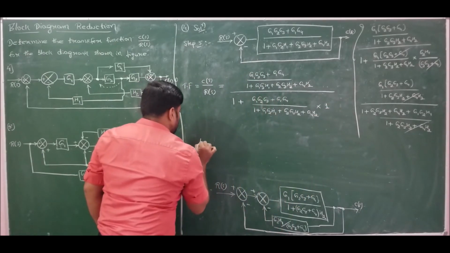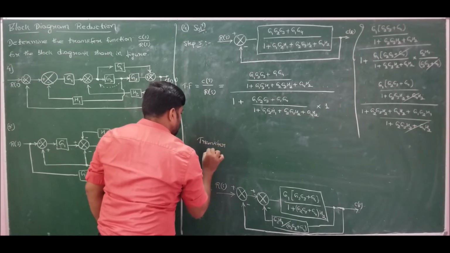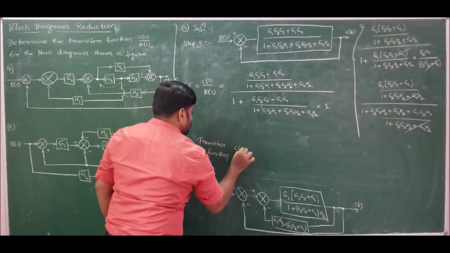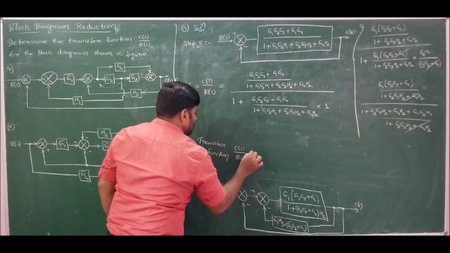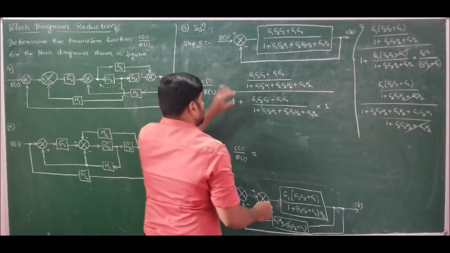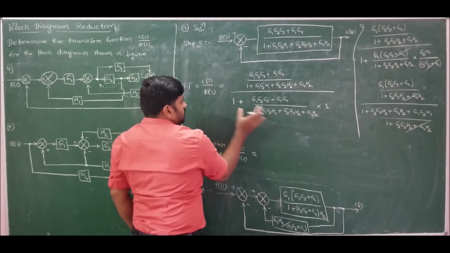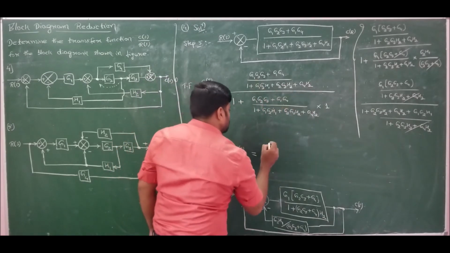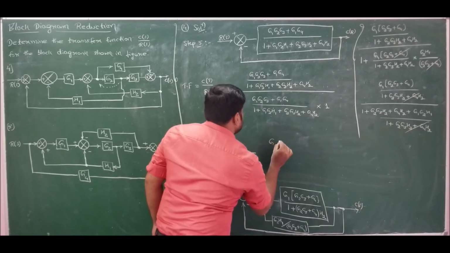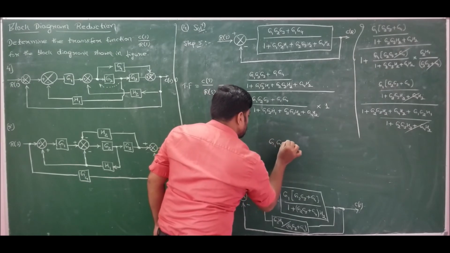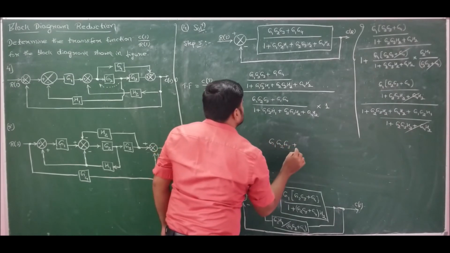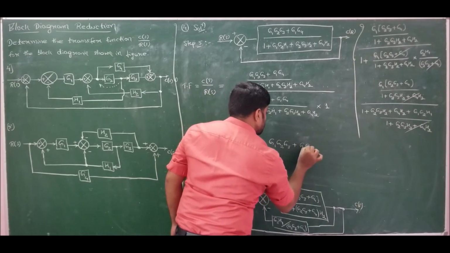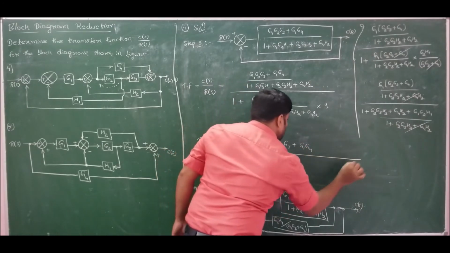So therefore the final answer, transfer function C of S by R of S will be, so I will take this as LCM, I will multiply this here throughout and cancel off. I left out with G1 G2 G3 plus G1 G4 whole divided by